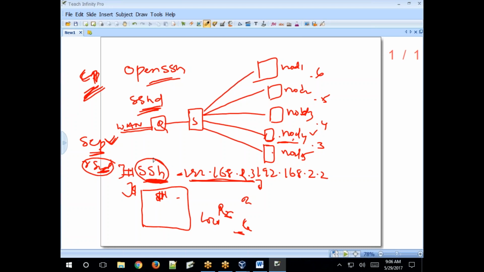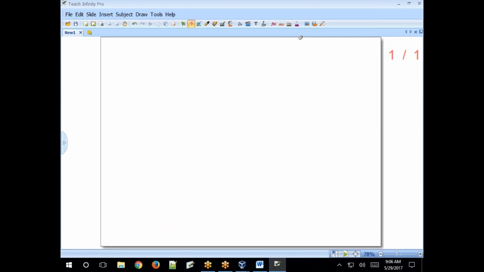How to copy files? I will show you. Just note down the syntax for scp, secure copy: scp, options -rv, recursively and verbose, then the source path and the destination path.